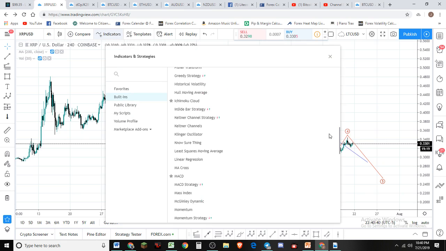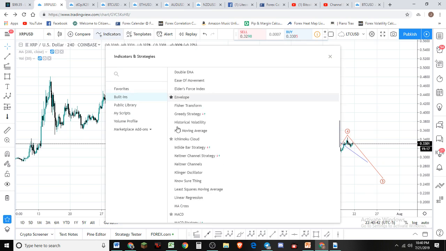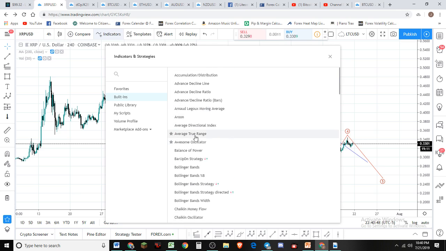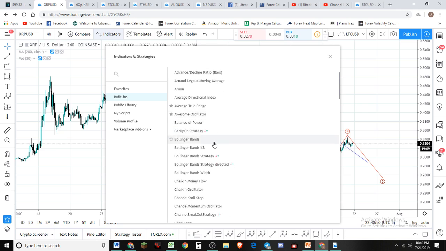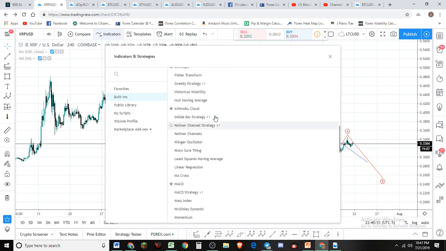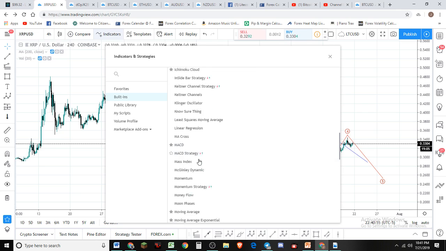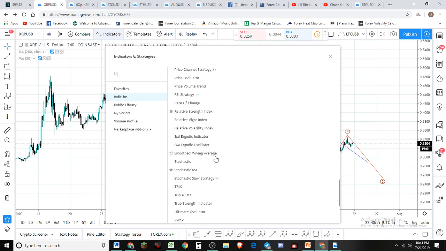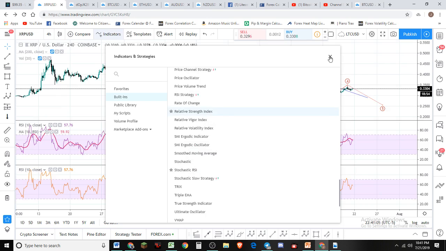The main ones most people use are, and you can hit stars next to them and they become your favorites, moving average, true range, awesome oscillator. Those are ones I sometimes consult. Ichimoku, MACD, the primary moving averages are the ones I use a lot, and then finally the relative strength index, which is the RSI or the stochastic RSI. Those are the ones. Click RSI, and that comes on the